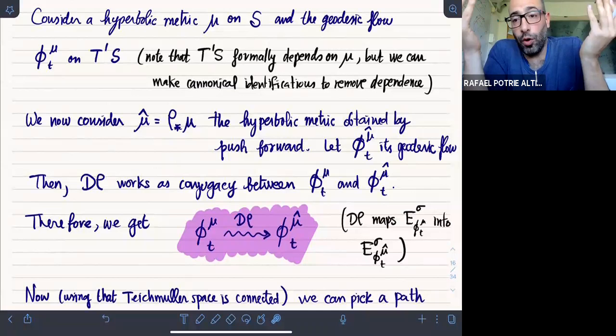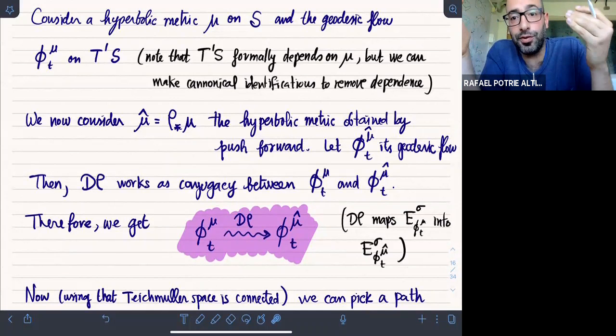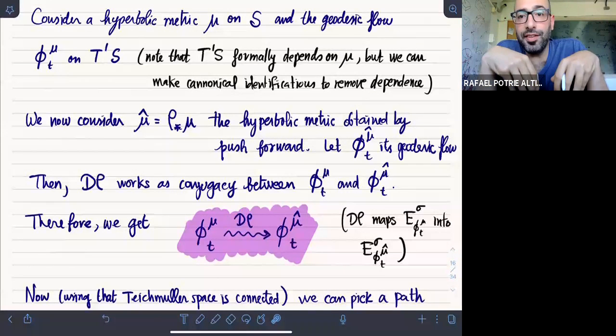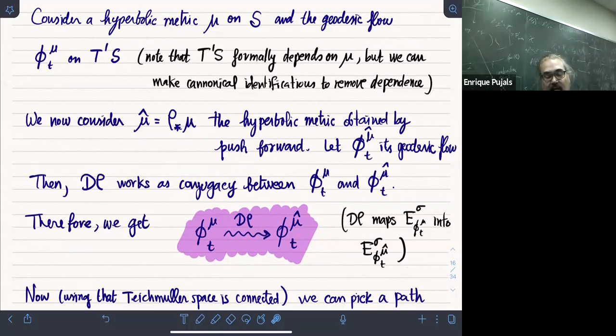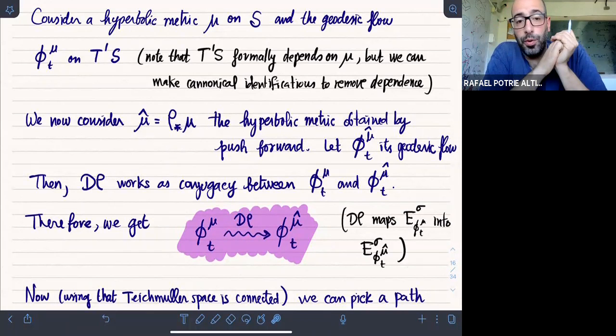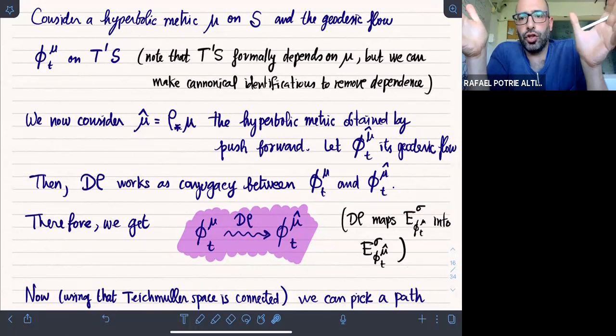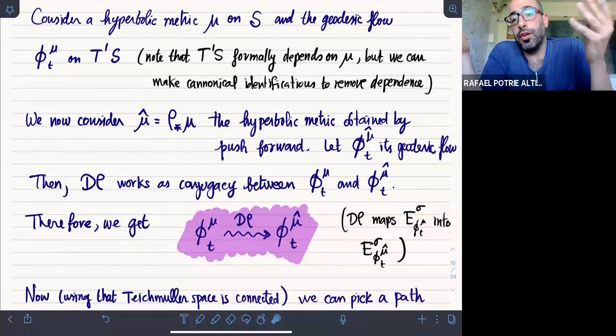And I guess the point of the next two lectures is to try to give some insight on how we can understand these examples. This proof should work in any, you don't need to start with a surface. You can start with a manifold that has a diffeomorphism, that has negative curvature. There is an issue, which is, so this I'm not sure, because in higher dimensions you can do more things, but